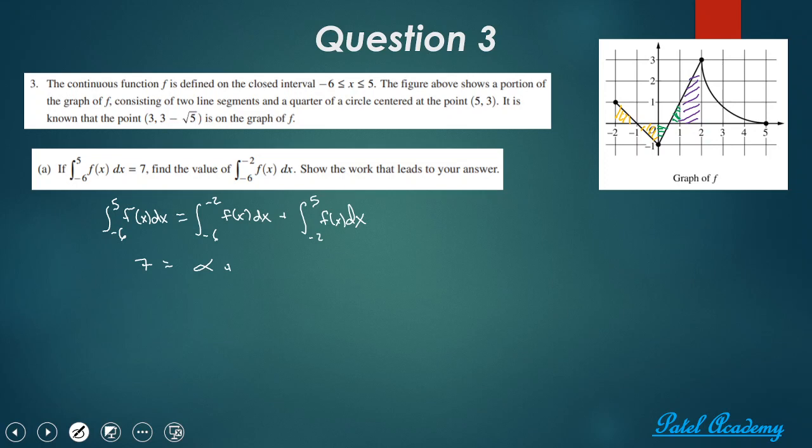For the one in purple, it's a trapezoid. I have height of 1. I have a base of 1, another base of 3, and then remember we divided by 2. So again, area of 2. Alright, so I get plus 2 plus. Now in this case, where the blue is this area,